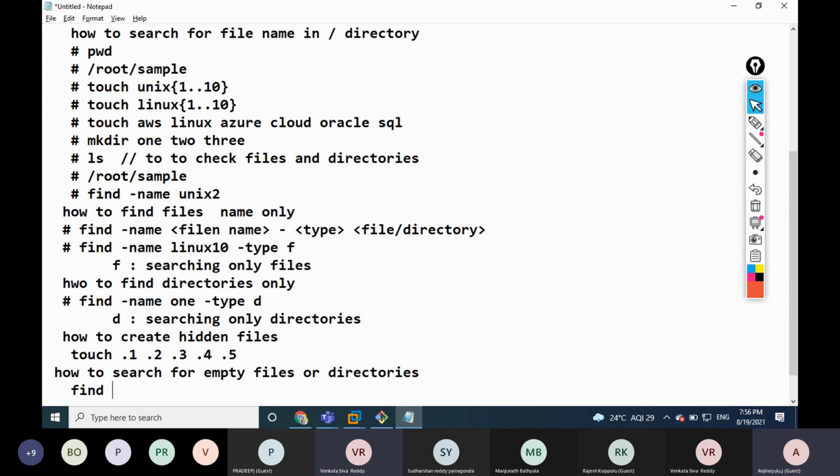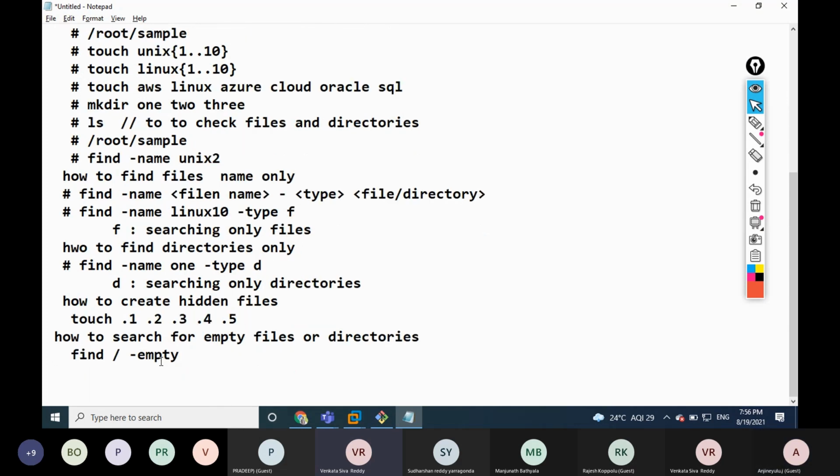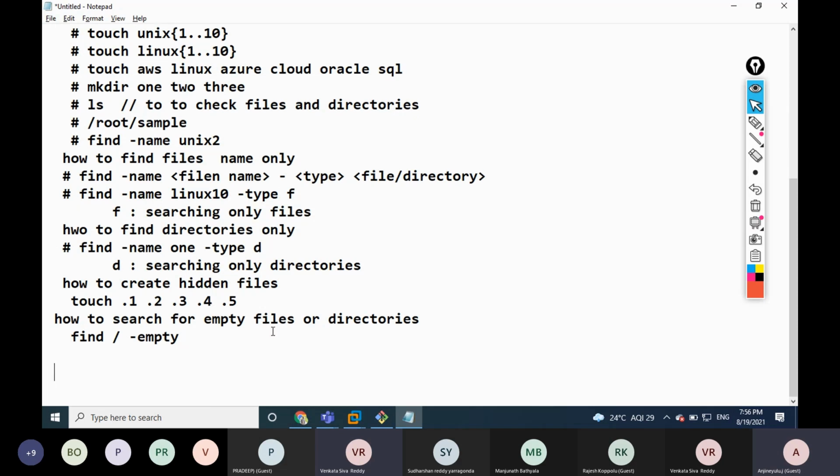Very simple. Find command, then empty. We should write find, slash, hyphen empty. So what is the meaning here? By using this command, we can find out empty files and directories. So how to find only empty